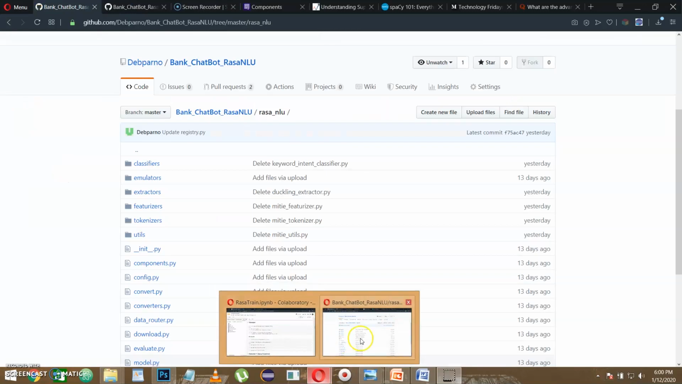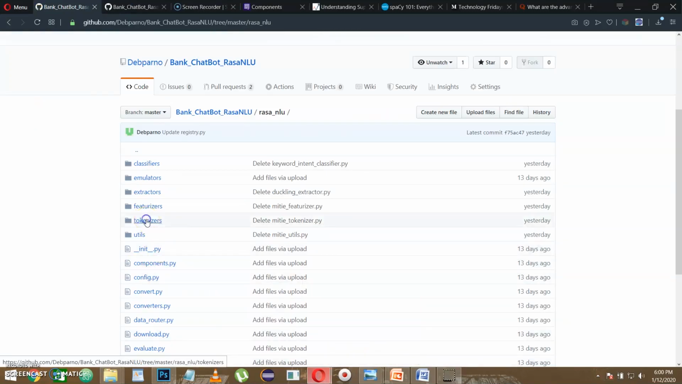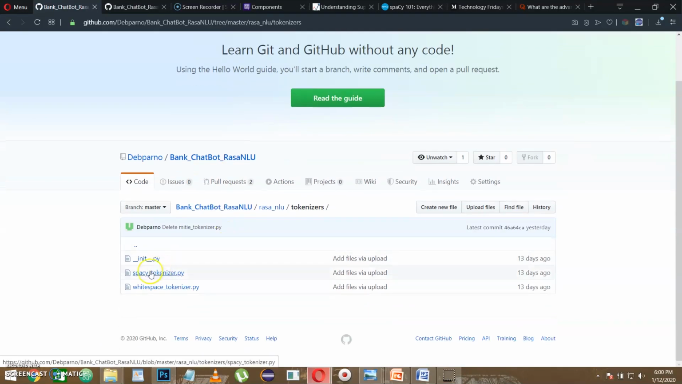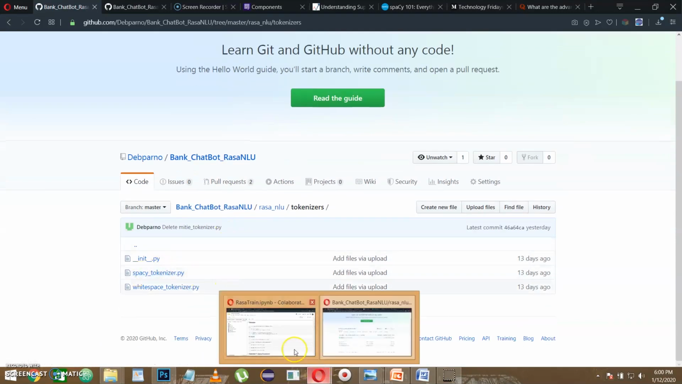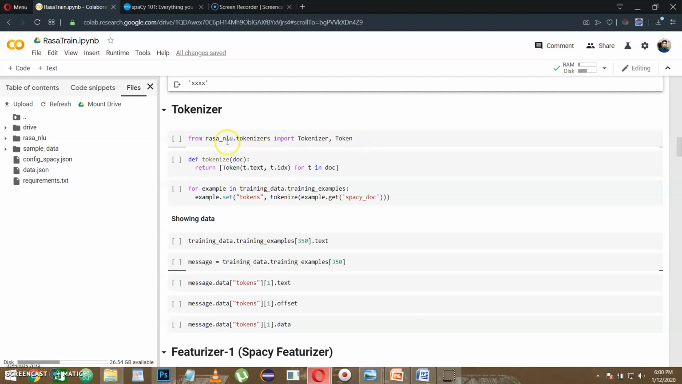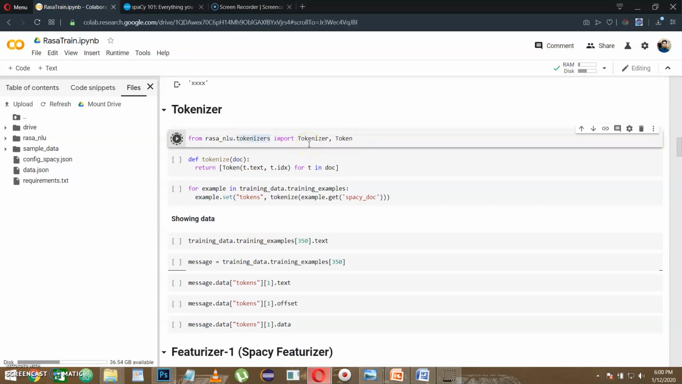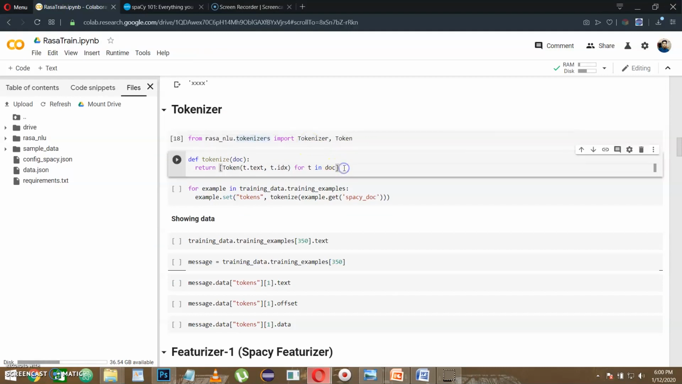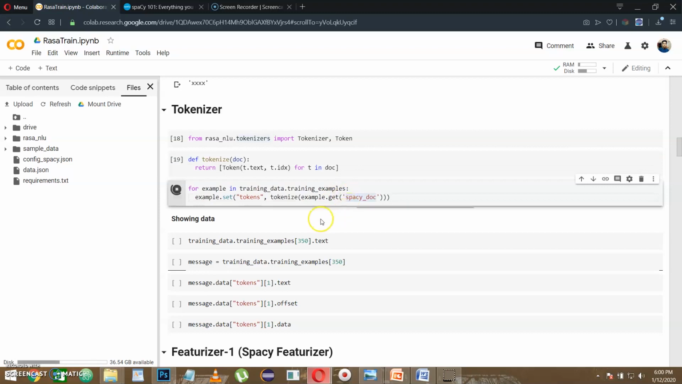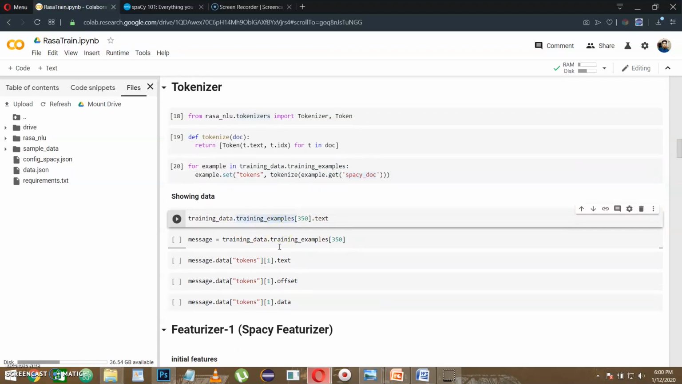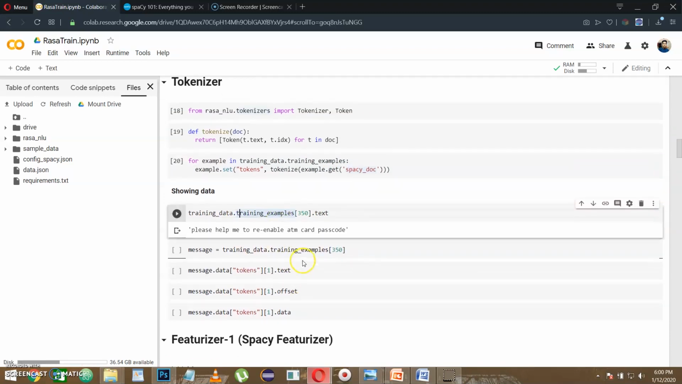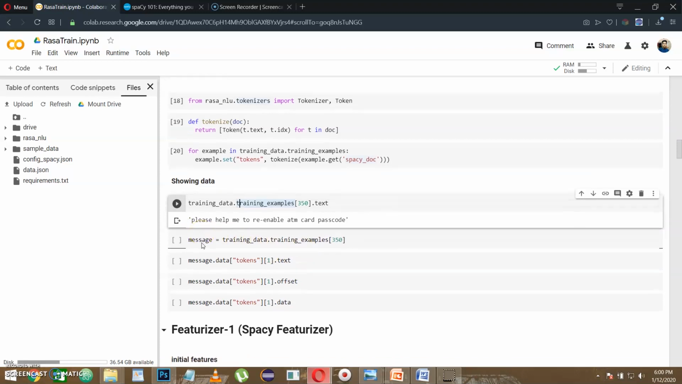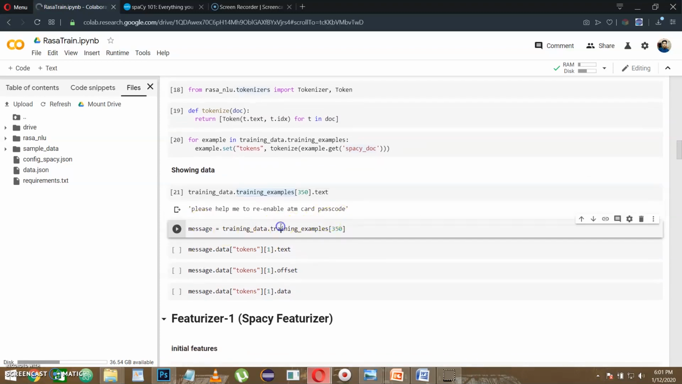We have the file over here. Inside tokenizers, we have Spacey tokenizer. We'll find out what is happening over here. In Rasa NLU tokenizer, we are first importing it and defining these methods. So what is actually happening? First we are displaying one training example, the same one: "please help me to enable ATM card passcode". We are saving it into a message variable, and then